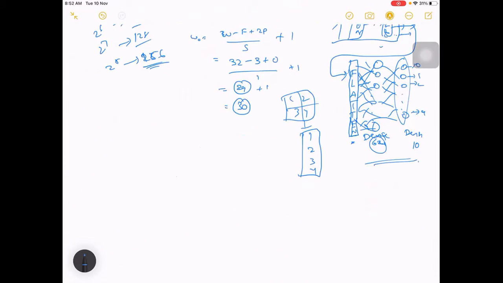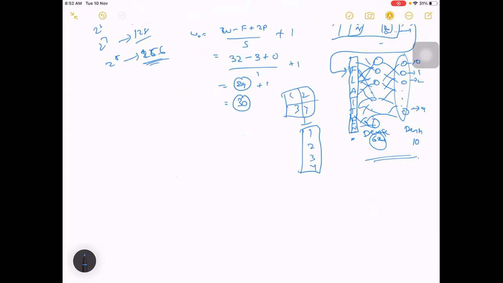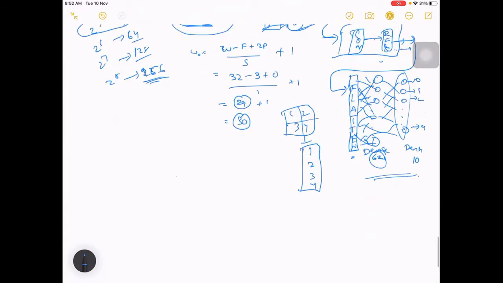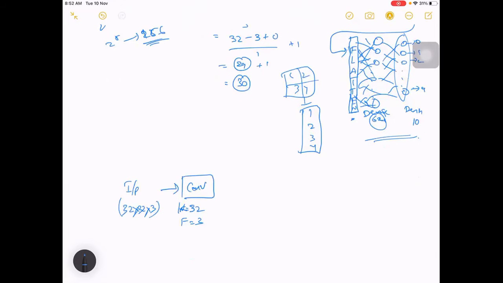Let's try to implement it. Let me summarize it quickly here. You take input as 32 by 32 cross 3. Taking this input, you can have a conv layer with number of filters k equal to 32, and the filter size is 3, and there are no strides and things.